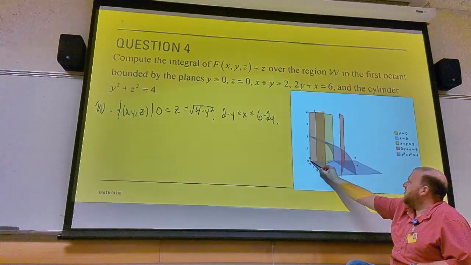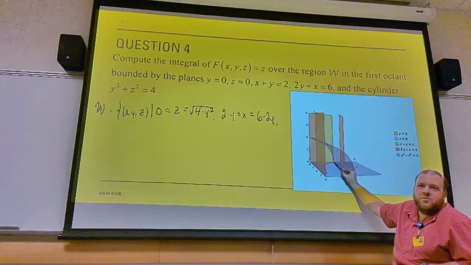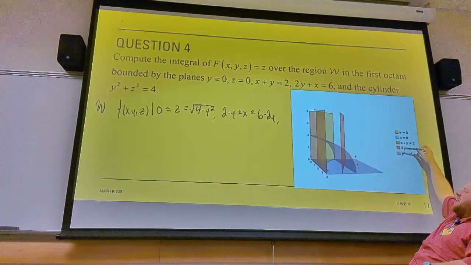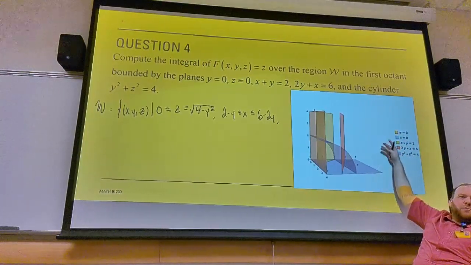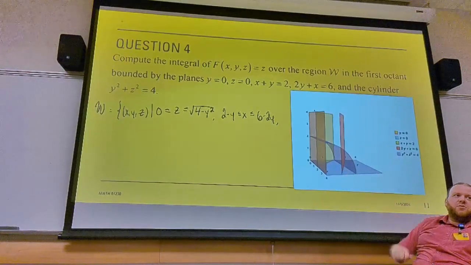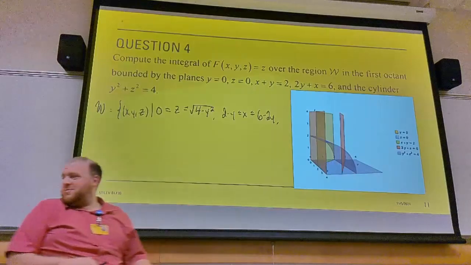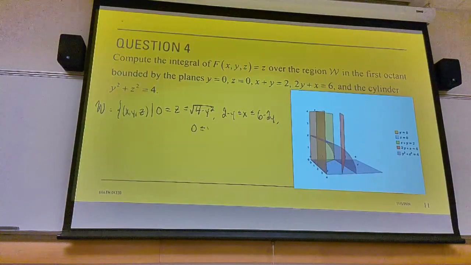Corner there. Y goes 0 to 2. Right. So because we started with Z, Z will have to be written in terms of X and Y. Then X is written only in terms of Y, and then Y has to be constant. It can't be in terms of any of the two variables. That was the toughest part,